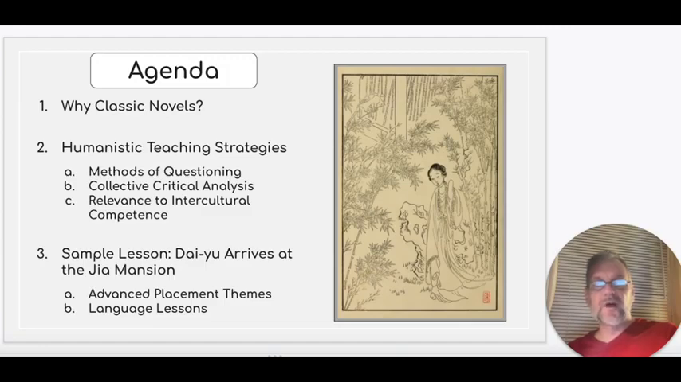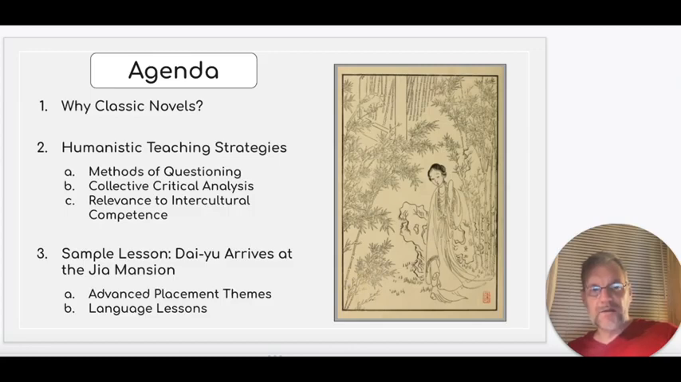So to start, I will suggest a few reasons that teaching Chinese classic novels help us pursue the general Startalk principle to integrate the teaching of culture, content, and language. And then I will offer some background on humanistic teaching methods, which means knowing what kinds of questions you can use to lead discussion about the classic novels toward insights that will open up the idea of intercultural communication and hopefully motivate language learning. And then finally, I will turn back to Dai-yu's arrival among the Jia